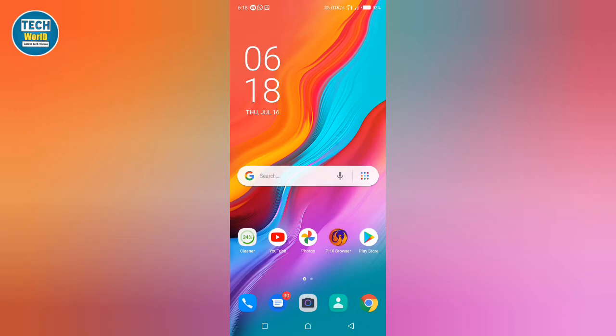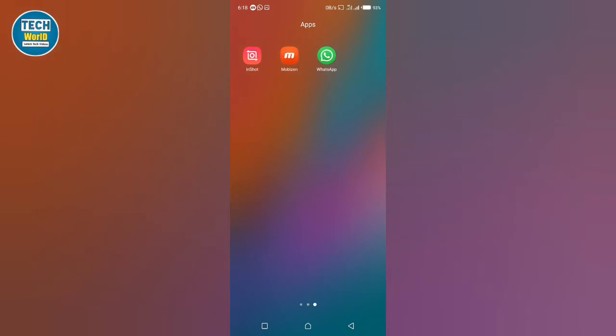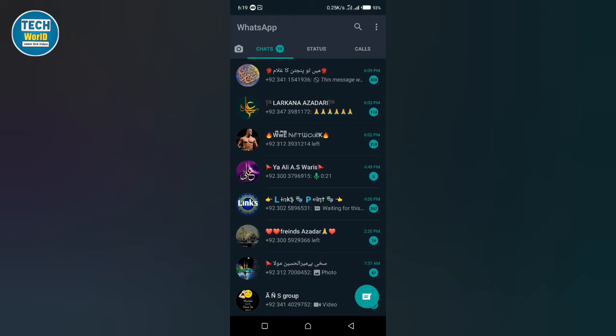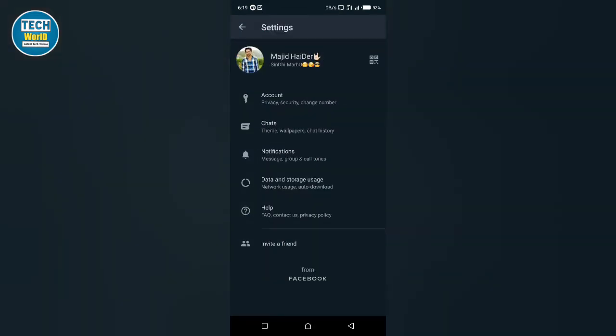So today I'm gonna tell you how you can set fingerprint lock on WhatsApp. So first of all, you have to open your WhatsApp app, and then click on three dots, then settings, and then account,